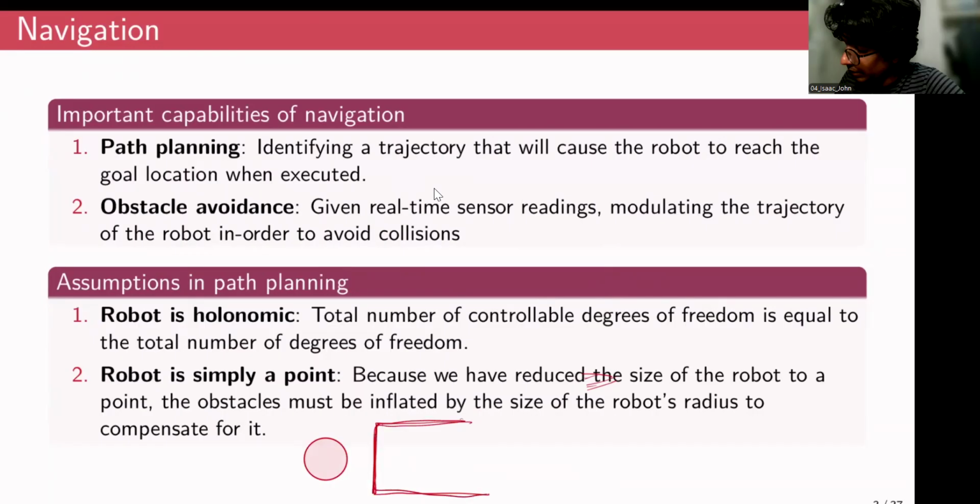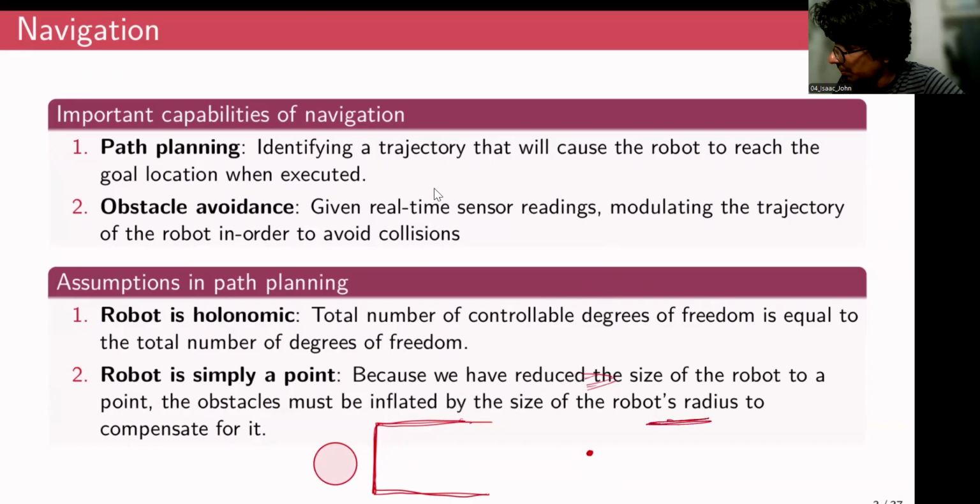So, we consider a collision to occur when this robot comes into touch with this obstacle. Like so, if it is like this, we consider a collision to occur. So in our modeling, what we do is that we consider the robot to be a point, and the obstacle